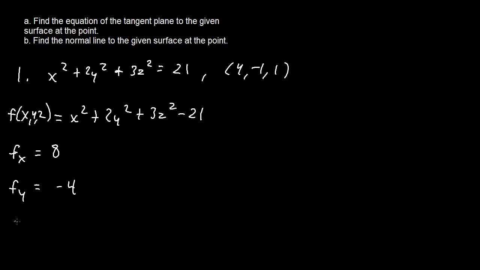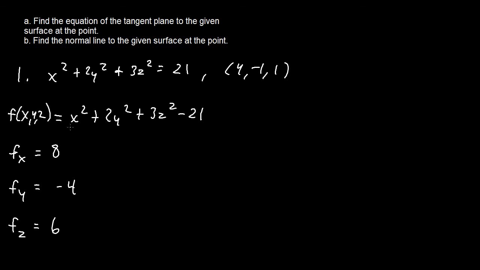And so finally, let's find f sub z. So if z is the variable, everything else is a constant, so the derivative will be 6z to the first. And then evaluating it at (4, -1, 1), there are no x and y values, so 6 times 1 will give us 6. So once again, the equation of the tangent plane is going to be f sub x